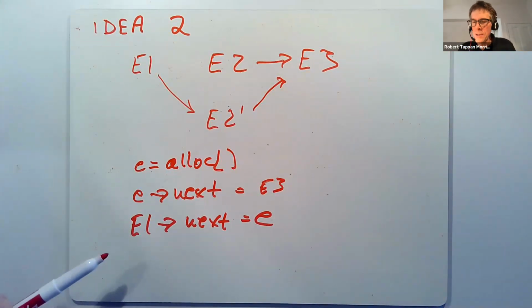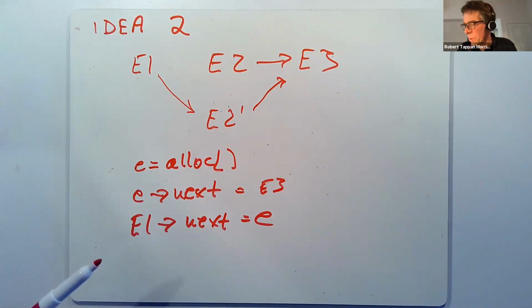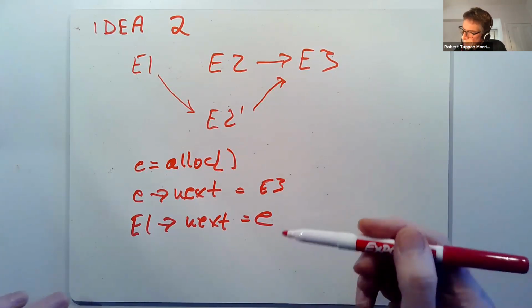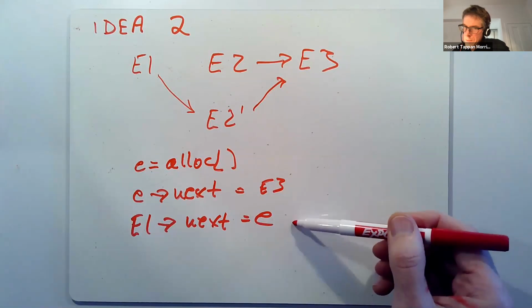It's going to work fine when you test it, but it won't work in real life all the time. Occasionally it'll go wrong. And the reason is that the compiler may end up reordering these writes, or the machine may end up reordering these writes,